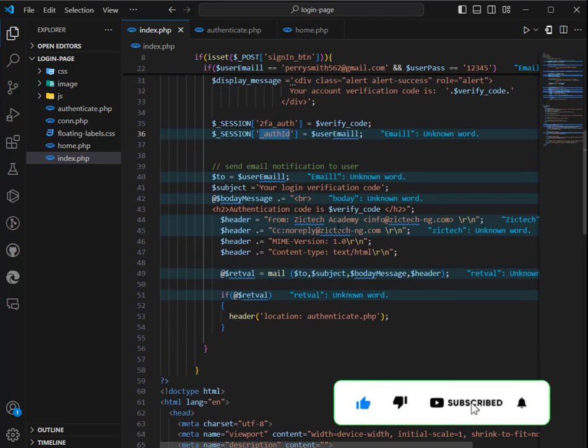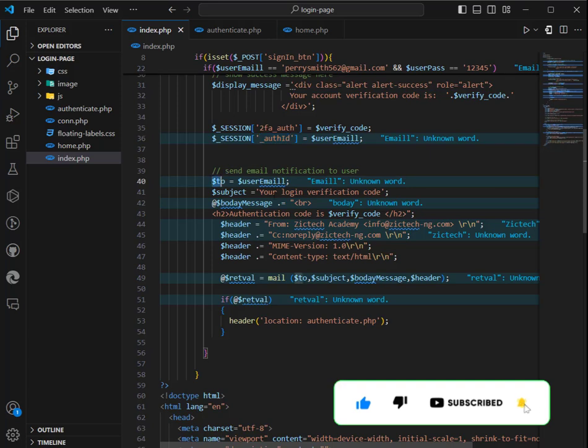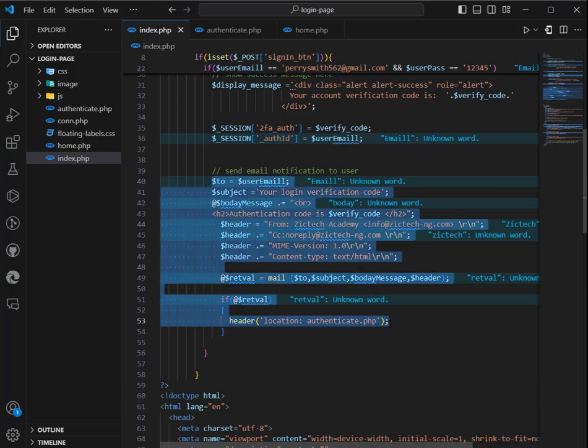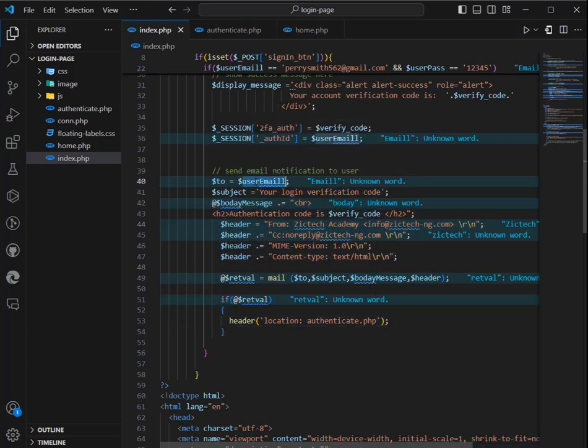So this is where we started from in this tutorial, how to send the email. Here we have called get the user email. This is the receiver. We added the subject, which is user login permission code. Then this email body. In the email body, we are simply displaying the authentication code, and we now attach the authentication code in the email body. The sender is what I added here from ZTech Academy,